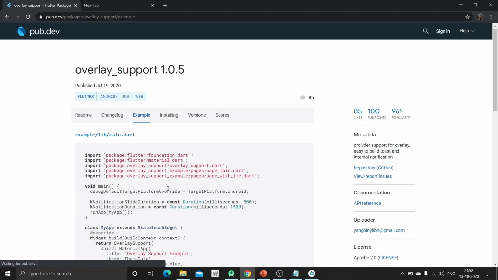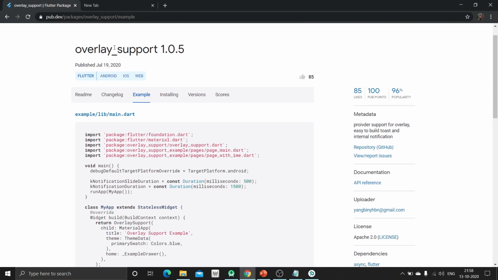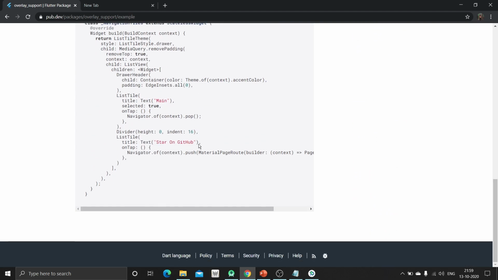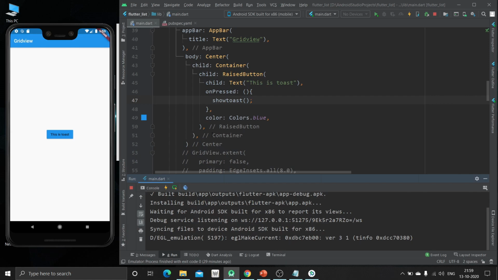Now we can see the examples also, how to implement this particular package's function. So this is the example. From here we can refer to how to implement it. As Flutter is in active development, we can also contribute by creating some packages. So we can create our own package also.